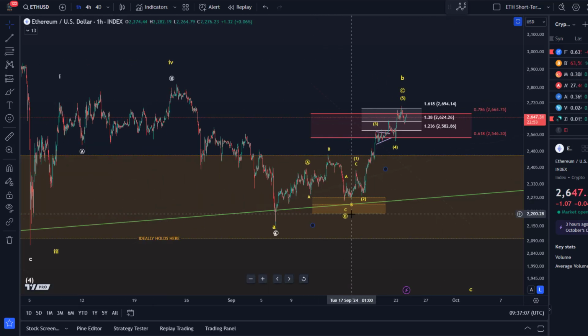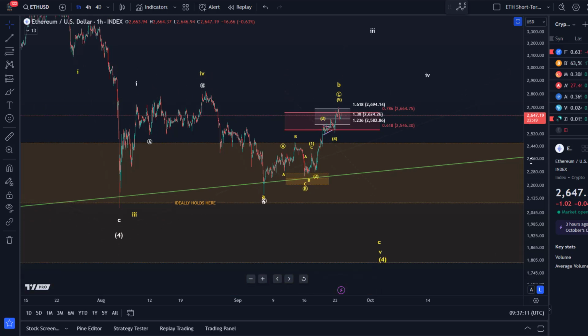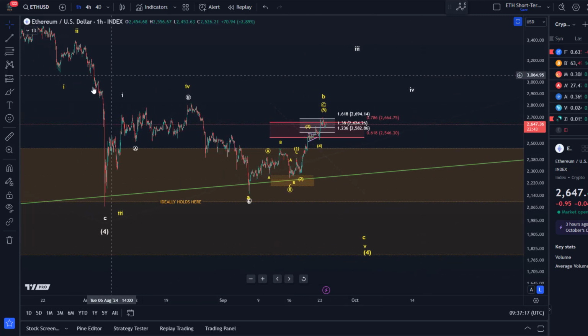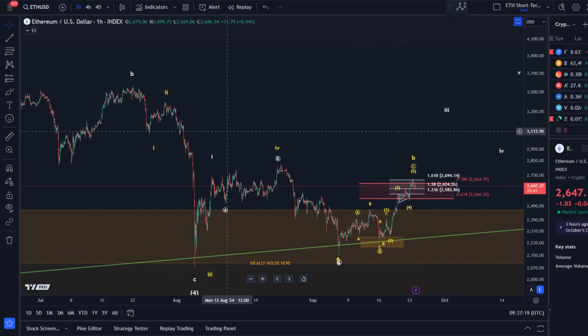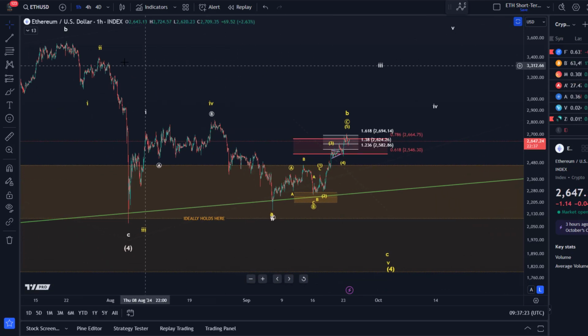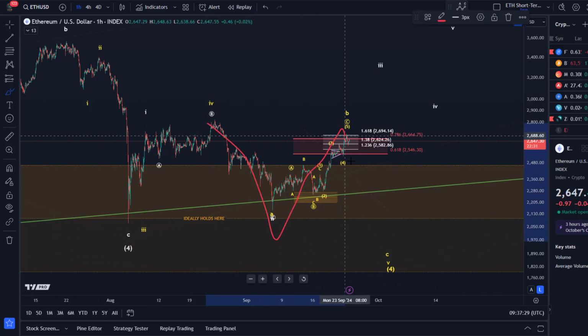Looking at the smaller time frame chart, the yellow scenario here on the 1 hour chart still allows for a larger wave 4. What we have on the chart is the idea that we might have started this fifth wave down from the B wave high in July. 1, 2, 3, 4, and we could be in wave 5, which is an ABC structure, A, B, C, and that could take us down to 1800.